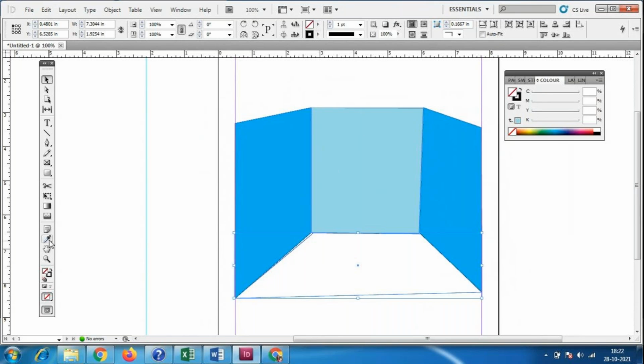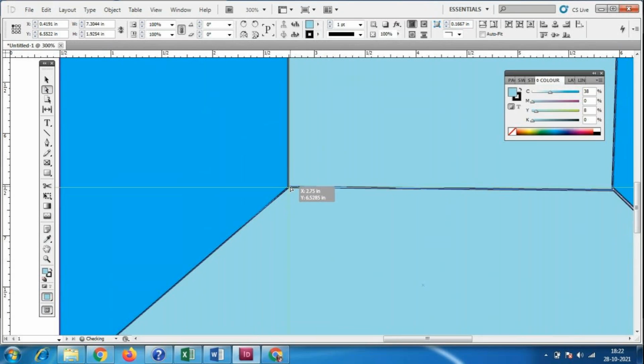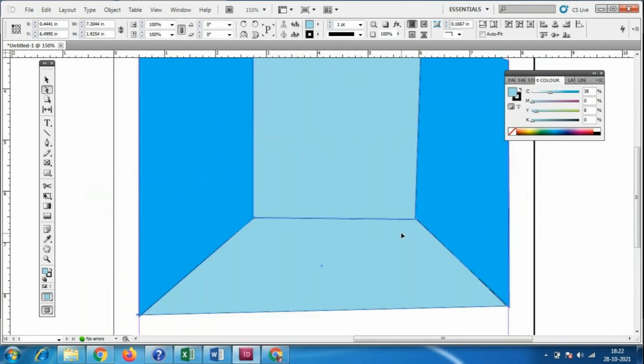Then I go to the eyedropper tool and select the color, and automatically it gets applied. Control plus to zoom in and check it out here, in all the angles it will match. Like this, control plus and control minus.